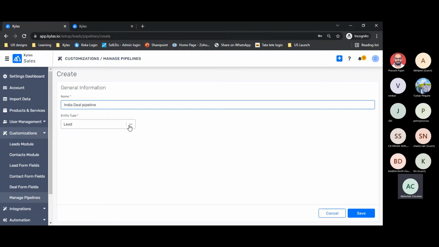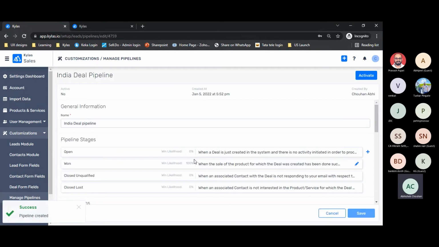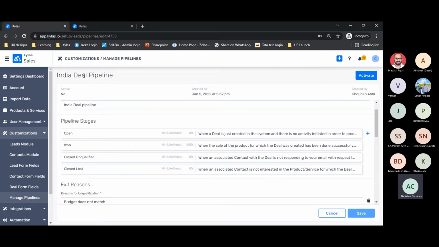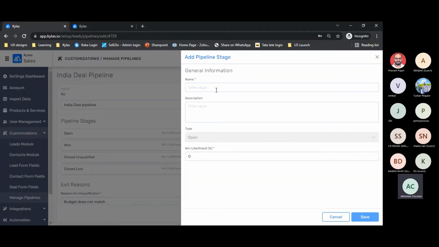Now in the deals, the stages of pipeline are typically related to the sales, because we have to notice one point over here, that a lead is moving into a deal only when a lead is qualified. So whatever leads are coming in the deals stage, they have already been qualified, and now there is some business opportunity lying there. They have not bought any product or service that we are offering, but they have shown some interest and we have converted them into a prospect, right? So these stages are typically related to the sales.